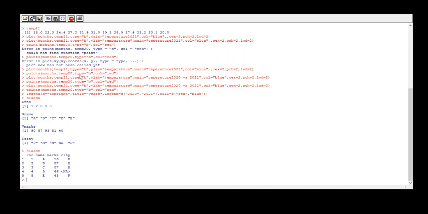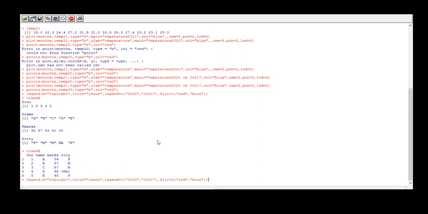We have studied how to create a graph for vectors. Now we'll see how to create a graph for vectors that are part of a list, and for vectors that are part of a data frame. First we'll create a graph for class A. Now I'm creating that graph.